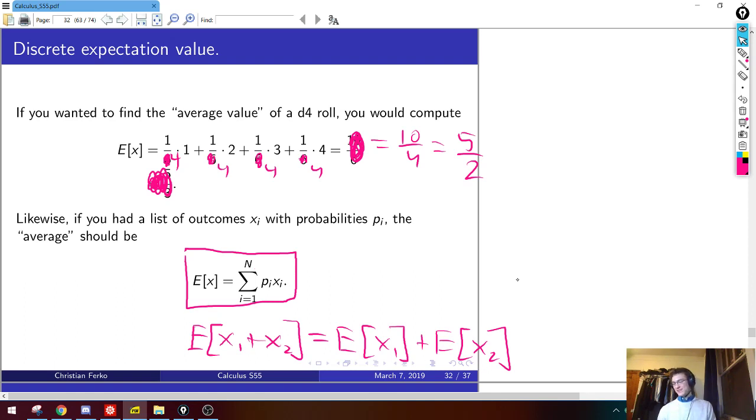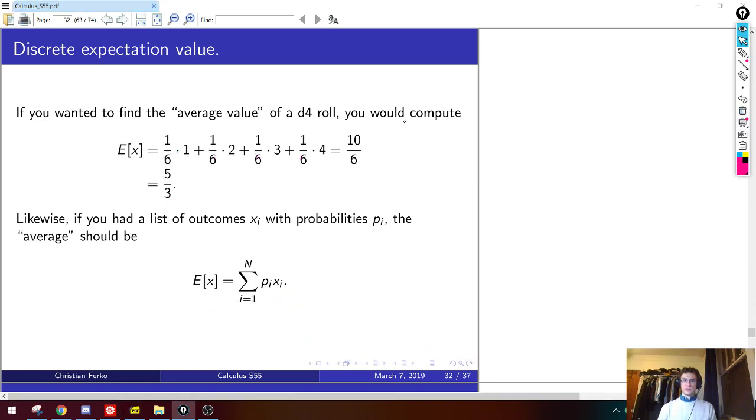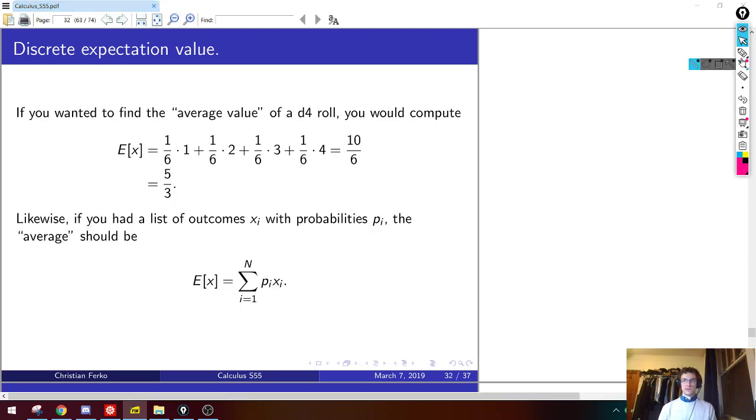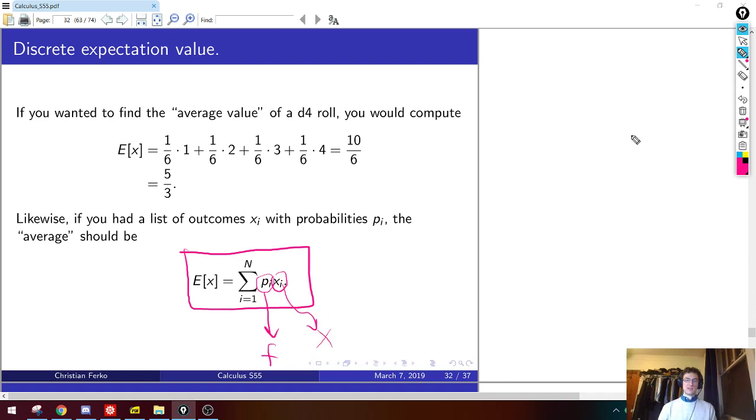Yes. Okay, is this expectation value just weighted average thing clear? Questions? Okay. Alright, so it's probably pretty obvious to you by this point how this is going to generalize to a probability distribution function. As you've seen, whenever you have something that involves a sum, here the probabilities were discrete, this is going to be replaced by the probability density function f, and the outcome is going to stay the same. It's just the outcome x is now continuous, so it doesn't carry a discrete label i.